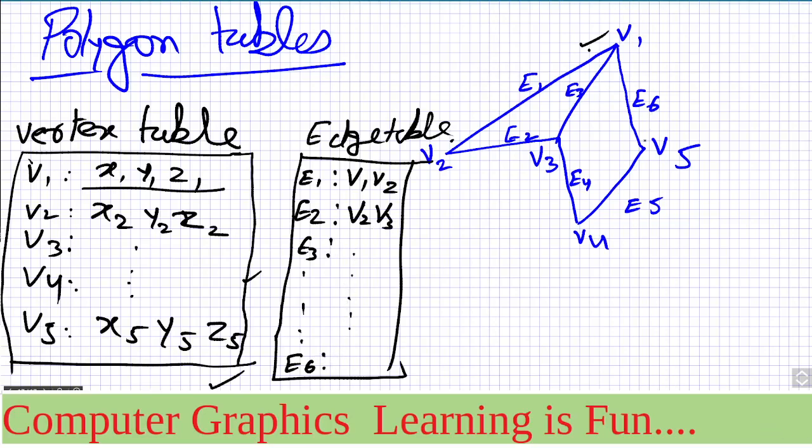E6 is between V5 and V1. Let me write E3 as well. E3 is V3, V1, right? Having this information, so am I audible? We are representing the edges as well as the vertices, right? So a vertex table like this, an edge table like this, but